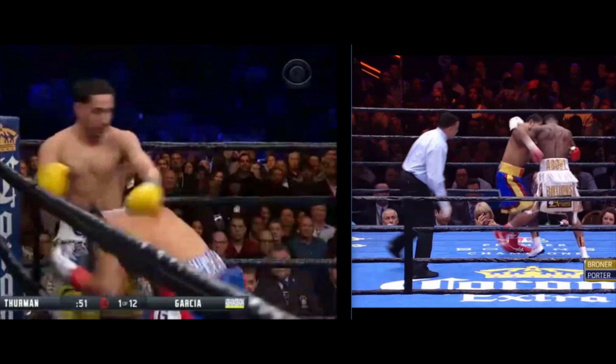It surprises me that people think this is a 50-50 fight when I think that Danny Garcia is going to fight a similar fight as Adrian Broner, but I don't think he's as good as Adrian Broner. And Adrian Broner kind of got shut out, except for the knockdown. So we'll see